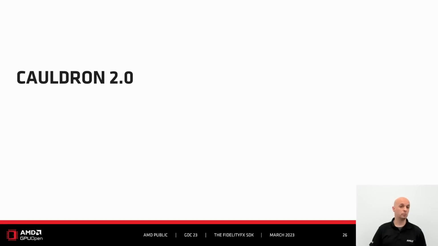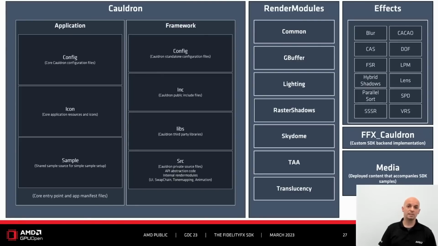Now, let's take a look at the new graphics framework backing all of the samples in the SDK. The SDK samples are powered by an overhauled version of Cauldron, now at version 2.0. The entire framework was re-architected from the ground up to better support our development needs within AMD, but also to make it easier for developers to locate information while browsing our sample code. Now, this new version of Cauldron is highly customizable on a per-run basis, and was designed with emphasis on flexibility and quick setup and teardown. Cauldron 2 also implements all core components in an API or platform abstracted fashion to ensure support across all of our supported platforms.